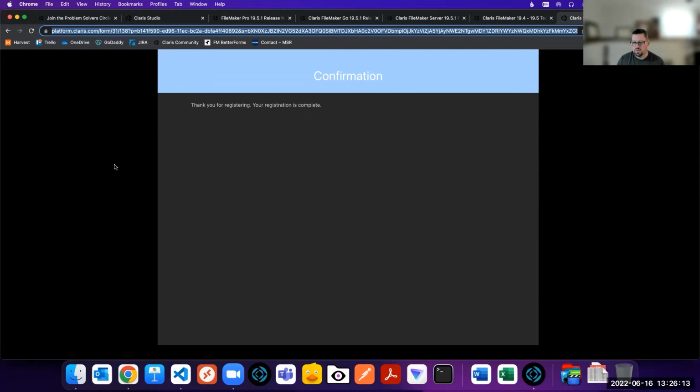For example, if you have a solution now where maybe just your marketing department is using FileMaker for a CRM, but you have a giant warehouse where you're managing inventory, and you could use FileMaker there, and that's going to add 25 users to your 5-user license, then the Problem Solver Circle would be good for that, because you'll be able to upgrade for basically the cost of 8 users